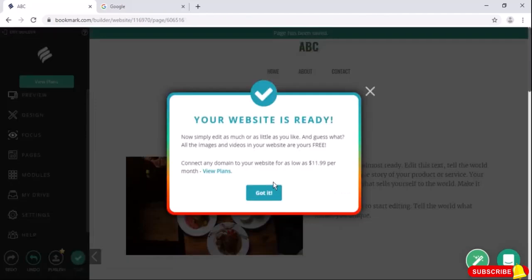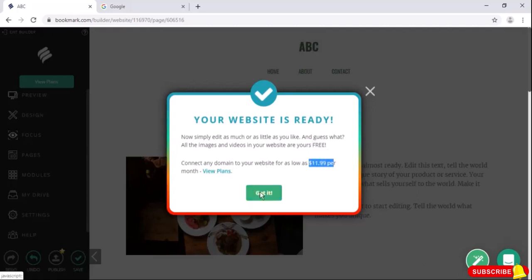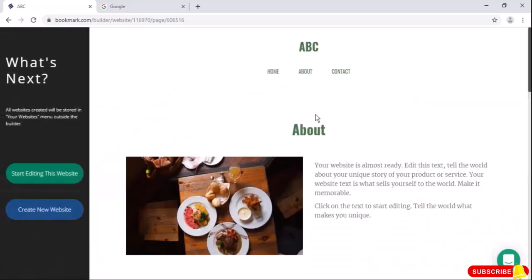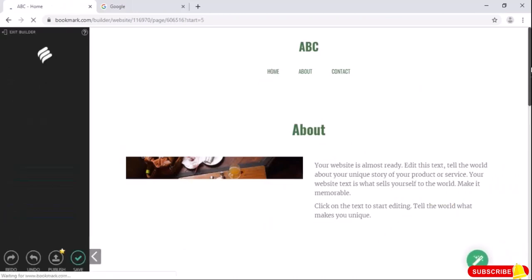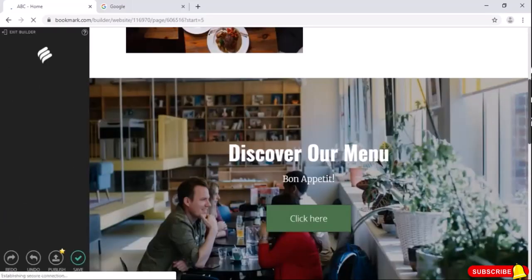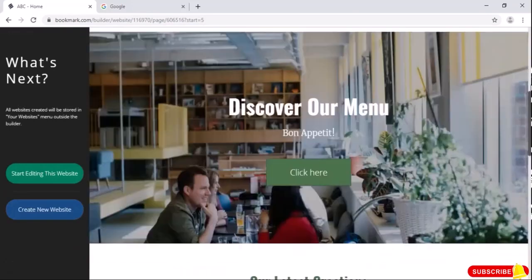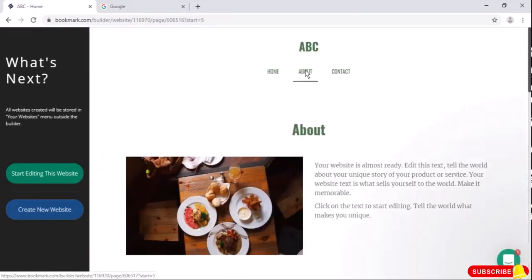So we have to wait. Okay, your website is ready. Got it. Now it says all the images and videos in your website are free, but if you want to connect this website to any of your domains, you have to pay approximately $12 per month. Okay, so got it. So click on home. So this is our home page. Okay, you can also visit about and contact,